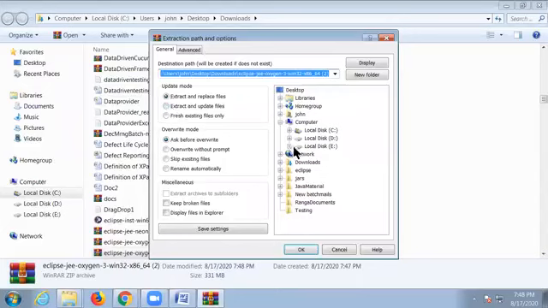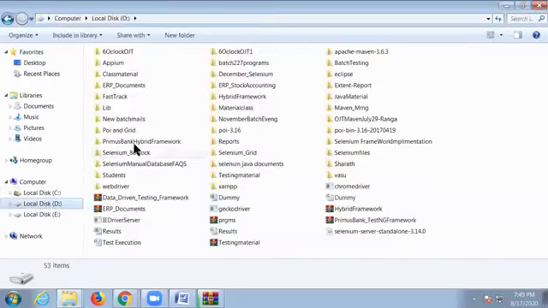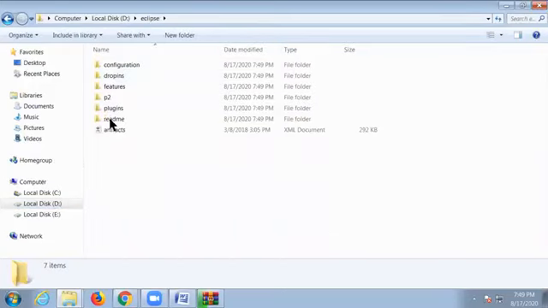Choose your destination. I want to extract to D drive. Select that, no problem. Click OK button. Now where will it be extracting? Into D drive as an Eclipse folder. Now see, it's extracting. So every day we'll come to this Eclipse folder and